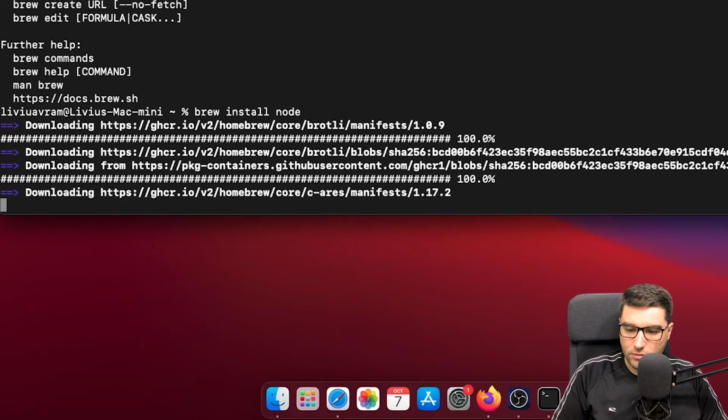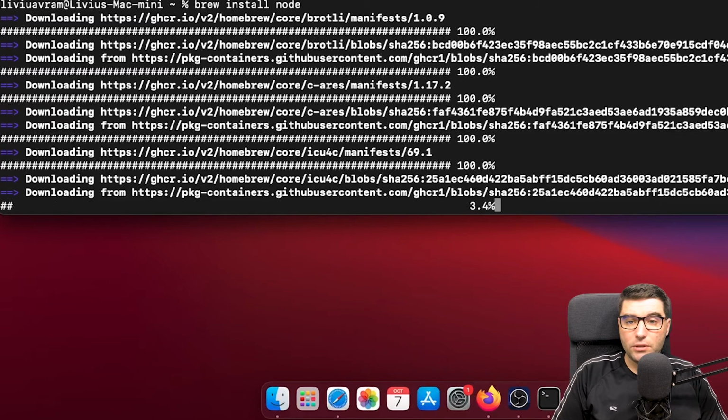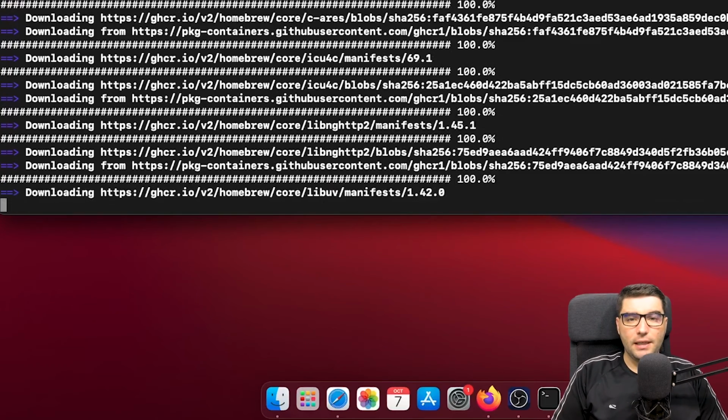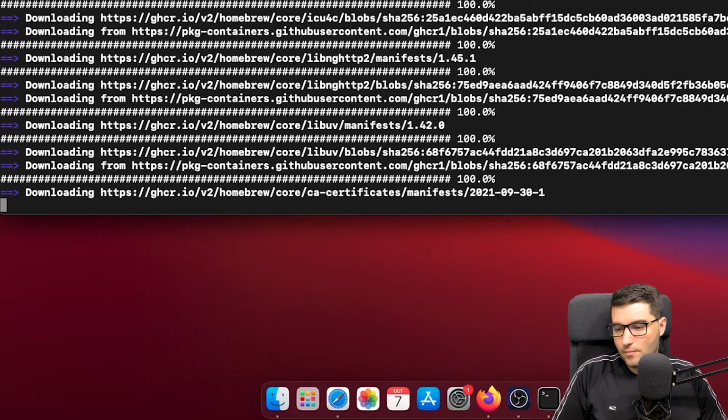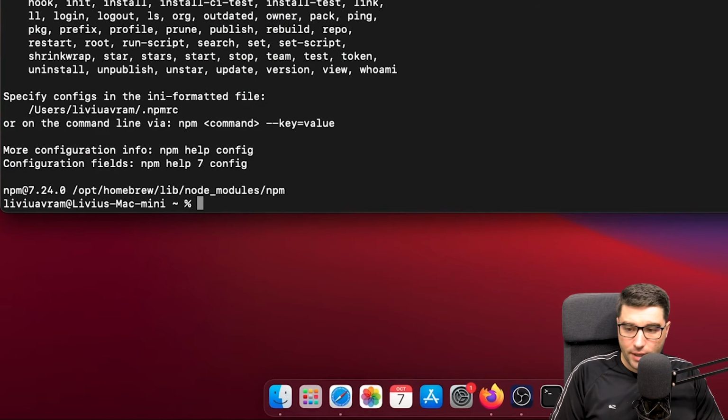This will download Node, and we will also be able to use npm in order to download and install the Appium package. All right, so we installed Node. Now we can check for the command npm, which is recognized.